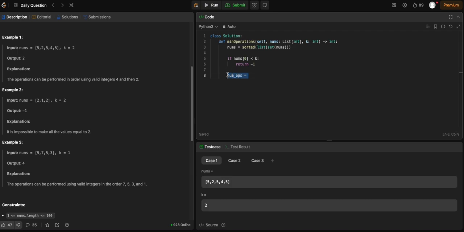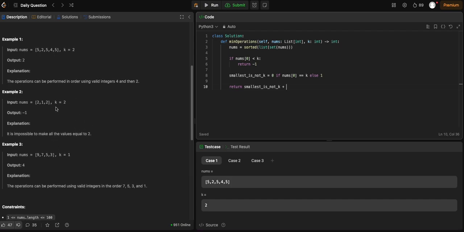So we can just do something like smallest is k, so that will be 1 if nums[0] is not equal, otherwise 0 maybe. So we don't need another operation if the smallest is equal to k, but otherwise we need another operation. So at the end we can just return smallest is not k. If that's true, we need another operation, plus